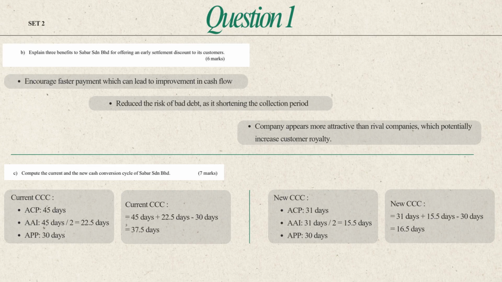For the next part, which is part B, we look at why Sabah would offer a 4% discount in the first place. This is a strategy to improve the quality of the balance sheet. Some of the benefits Sabah would get for offering an early settlement discount include encouraging faster payment, which can lead to improvement in cash flow, reducing the risk of bad debt as it shortens the collection period, and making the company appear more attractive than rival companies, which potentially increases customer loyalty. Finally, in part C, we calculate